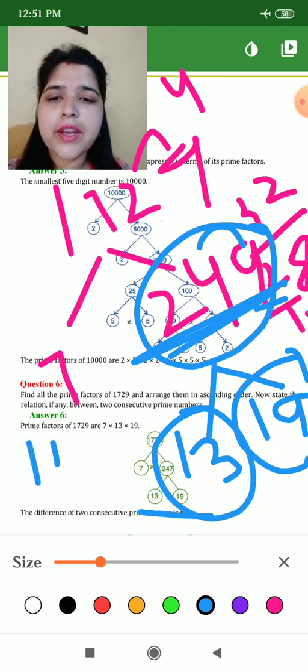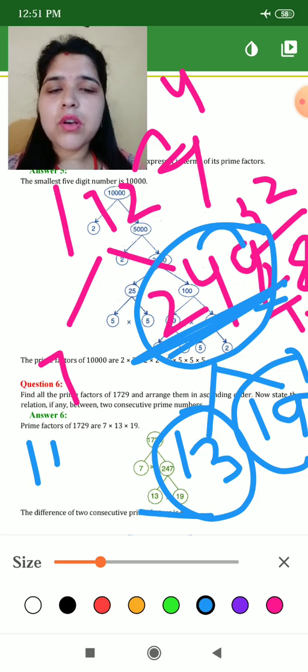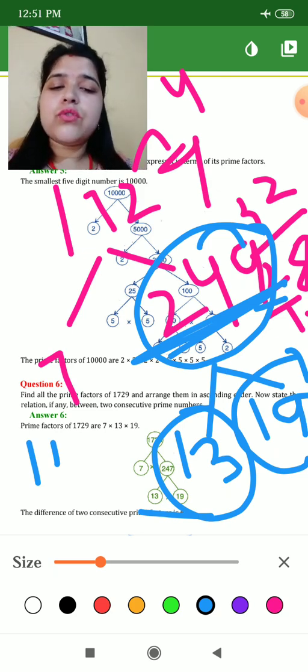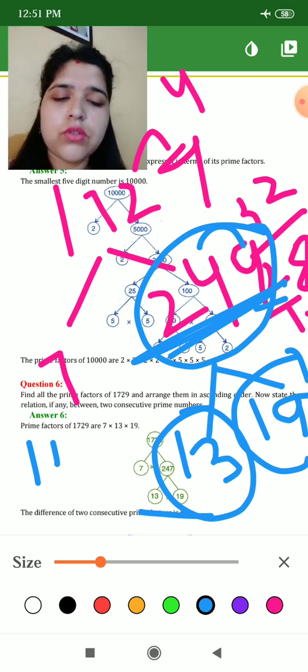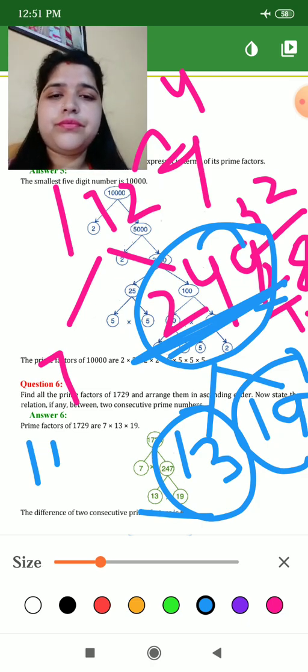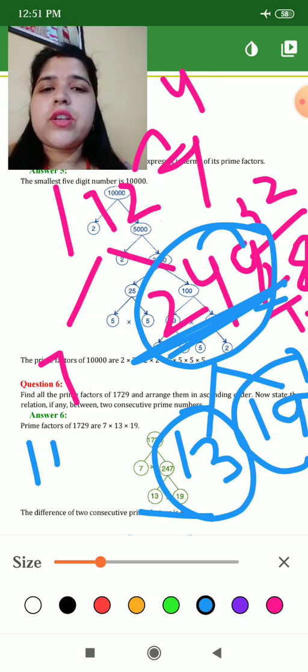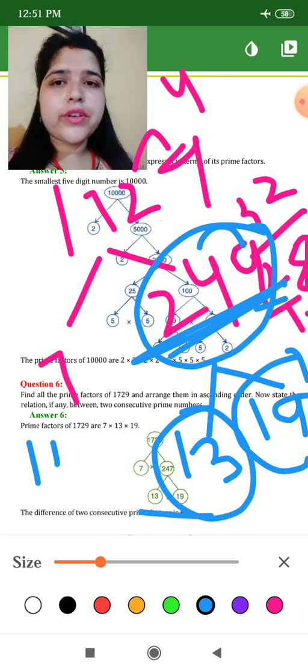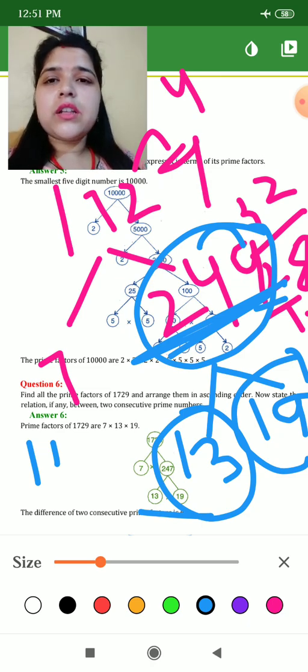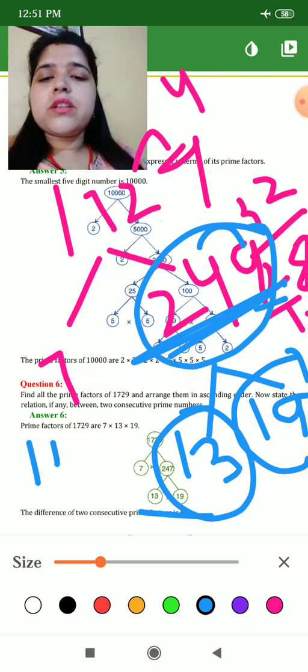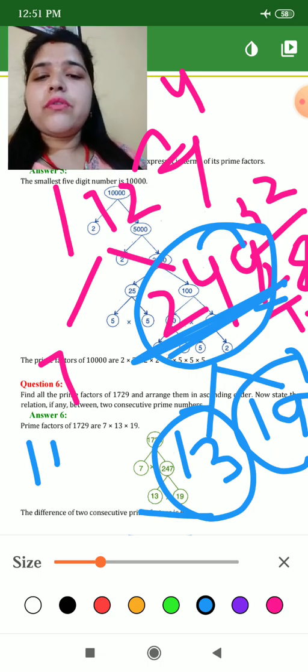11, 119. So again you will divide it by which number? Does 119 come in the table of 13 or not? You have to check it. When you divide it, you will get 13 into 19. Okay, because 13 ones are 13. So 4 minus 3, 13 ones are 13, 26 is greater, so 13 threes are 39. So 4 minus 3 is 1, 2 minus 1 is 1. So it will be 119.